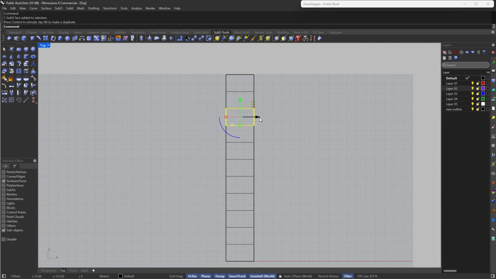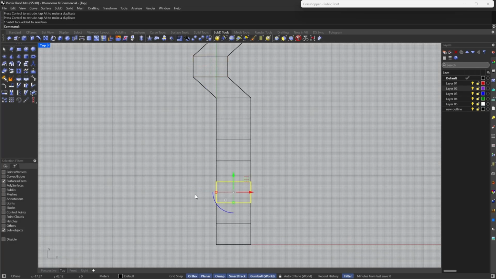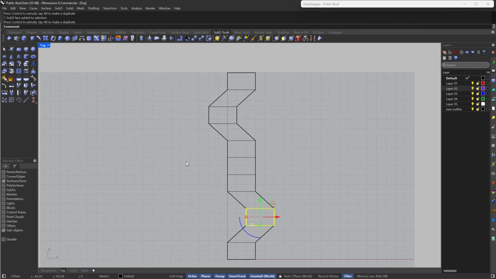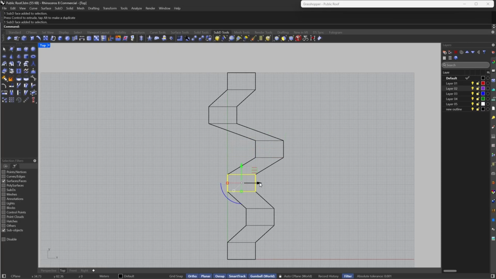So this I'm going to move. I'm going to select the third one. I'm going to move it 20 probably, and I'm going to select this one. I'm going to move it 20 also, and I'm going to select this one and move it 30, so it's more, and I'm going to select this one. I'm going to move it 30, and then I'm going to select all of these, and probably 1.2 as a scale,